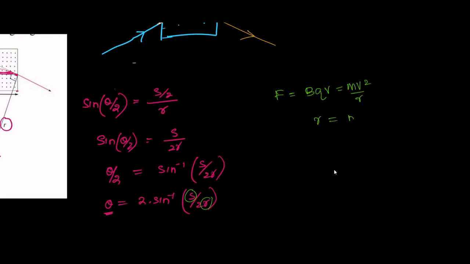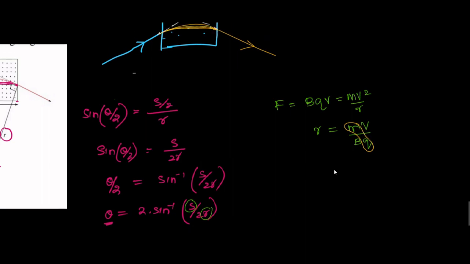So r is given by mv over BQ. Now m and q are anyway constant, but the